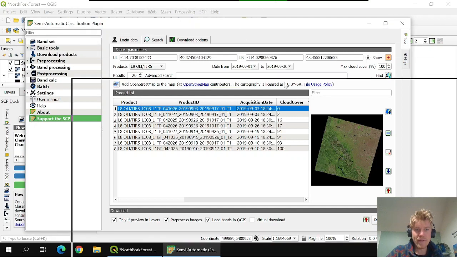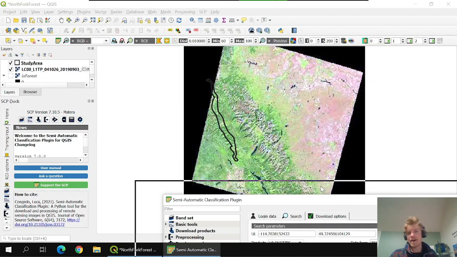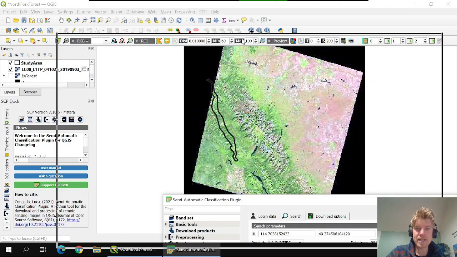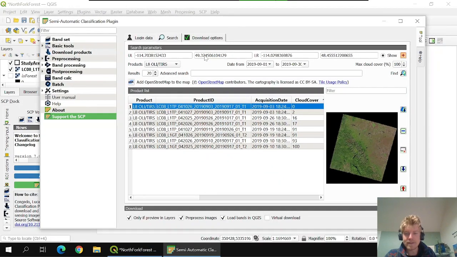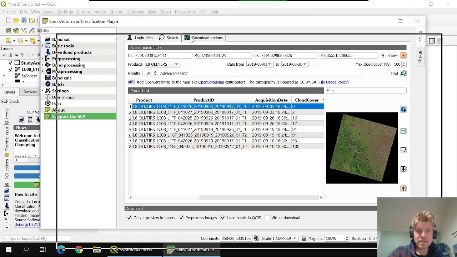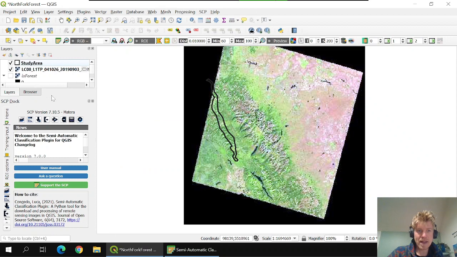It will not be able to work for just the northernmost extent of the river valley there. But I don't want to download 2 separate tiles. That would add a ton of computational time. As you'll see, there's enough computational time as it is involved. So 2 ways to do this. One, if you were able to get this layer to preview in the main QGIS window,